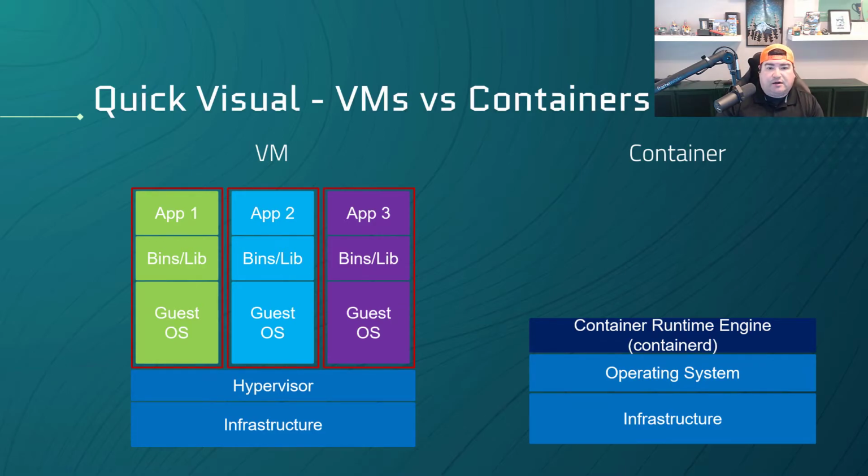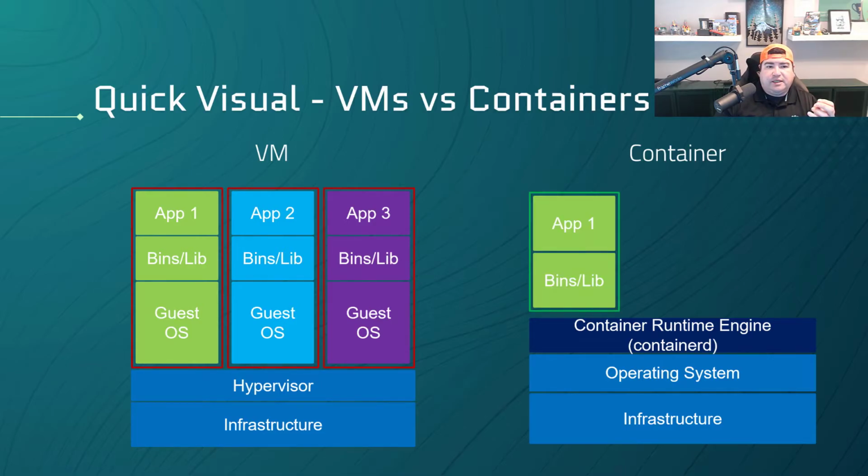You may have also heard of Docker, which was a very popular container runtime. And then the kubelet, we'll explain this in a little bit, but it's an agent that lives on our worker nodes, and together with the underlying container runtime interface and these host C groups, it enforces all of the resource management for all of our pods, all of our containers, and all of our CPU and memory requests and limitations for all of these things. But to get back to the comparison of VMs to containers, a container contains an image, which is the application and also all of the binaries and libraries that you need to run that application itself.